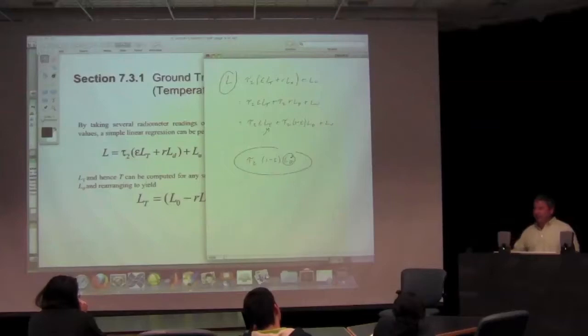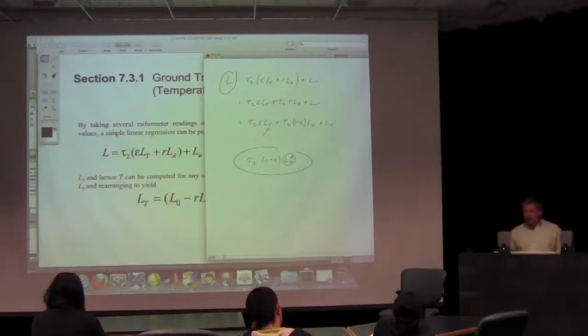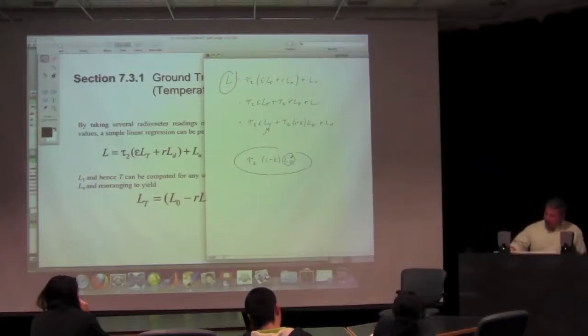So let's say Earth ambient is around 300 Kelvin. Figure out the radiance leaving that: at about 10 microns, it's about 9.8 watts per meter squared steradian micron. So you get a number around 9.8 watts per meter squared